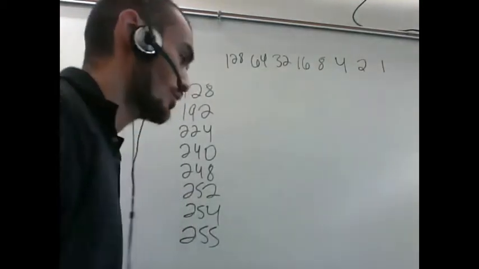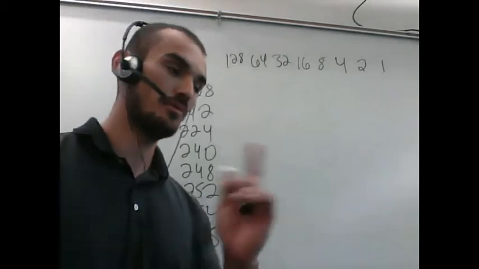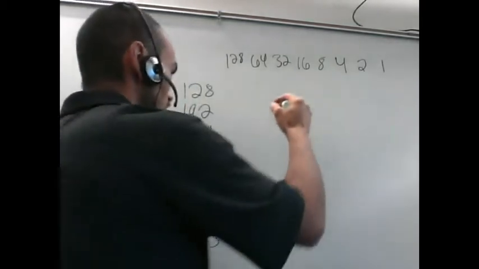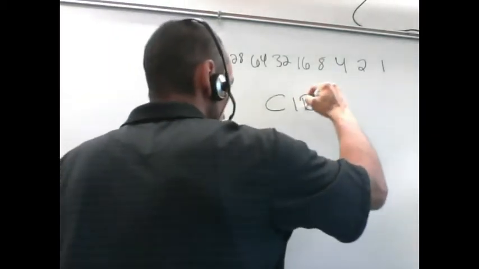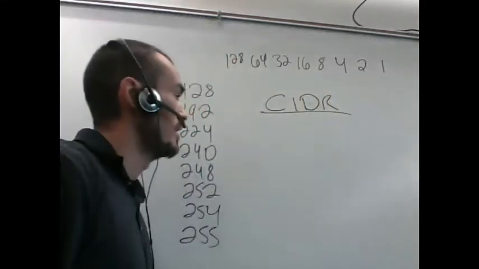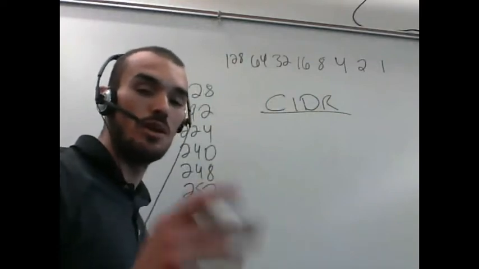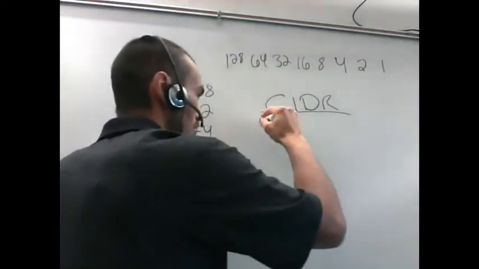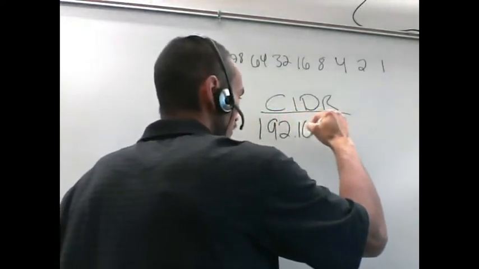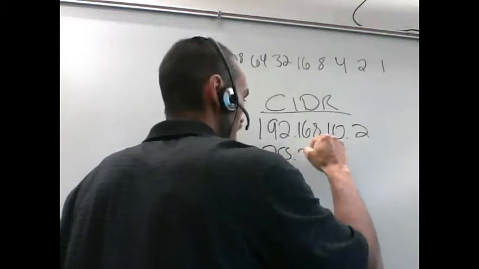Alright guys, for this lecture we're going to go over the actual process of subnetting. Before we get into it, one thing I want to make sure we discuss is CIDR notation, classless interdomain routing, CIDR. A lot of times with these subnetting questions, you'll see it in one of two ways. The way we're probably most familiar with is we're given an IP address and we're given a subnet mask